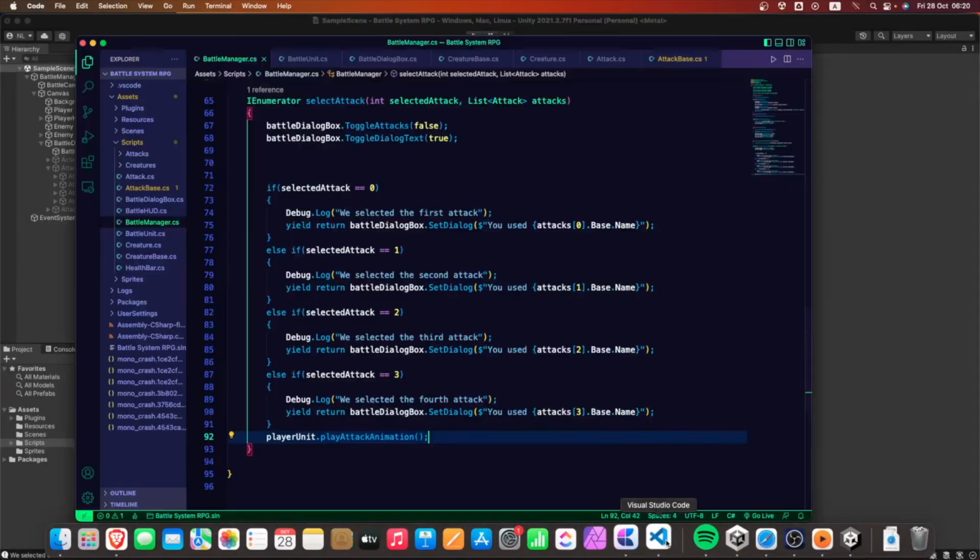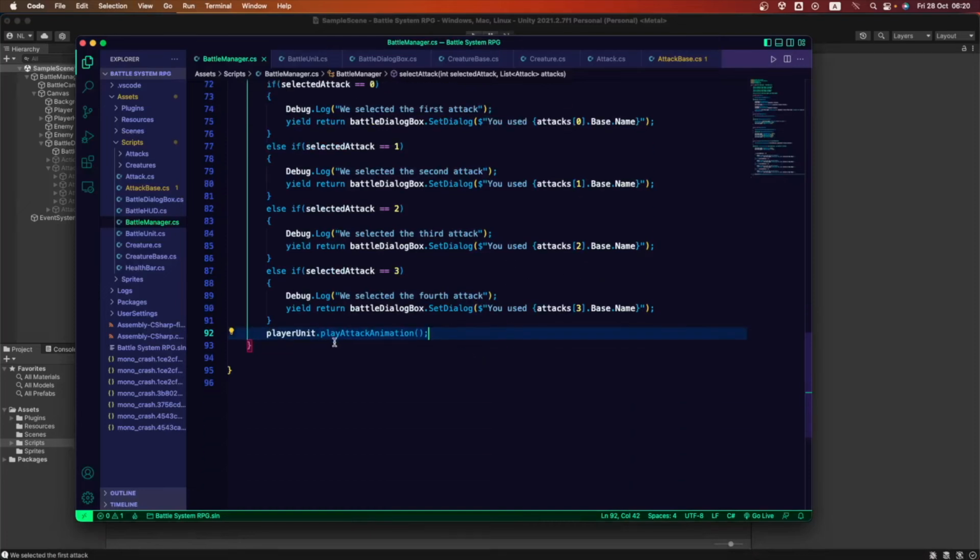We're going to go back into VS Code, and right as we are performing our player attack animation, we could perform the animation for the enemy. Or we could wait a bit to see the animation of the enemy. So let's try to see which of these looks better. Okay, so let's go and do that.